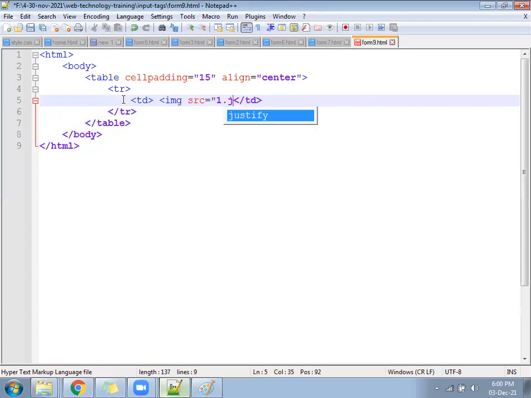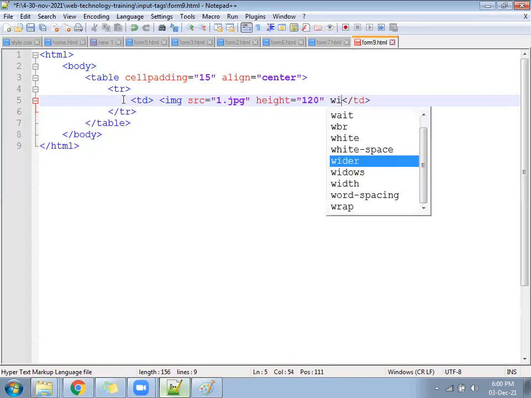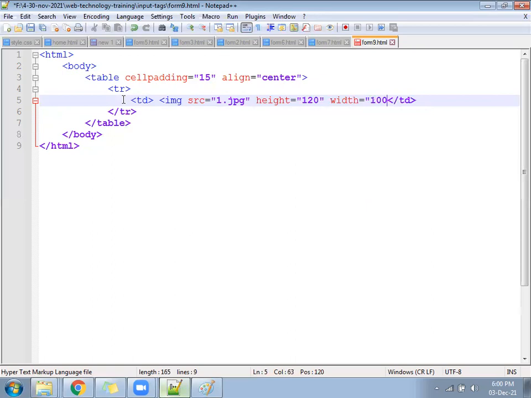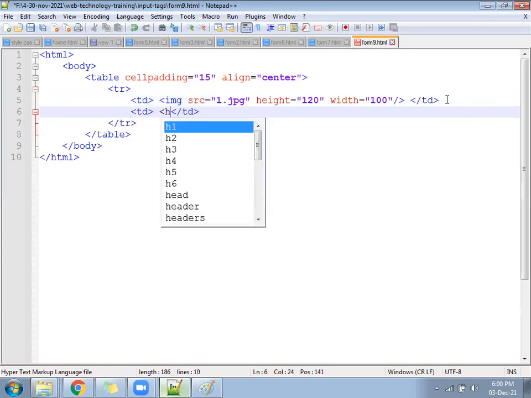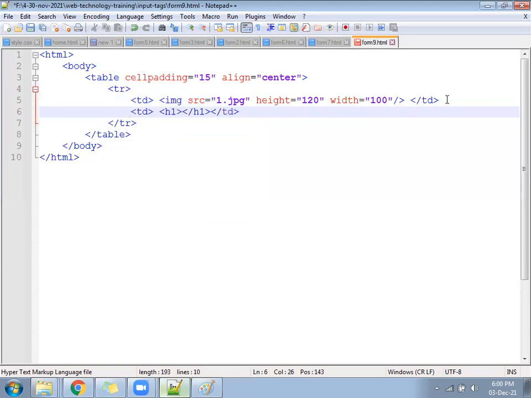That photo should be in your current folder, and height of the photo 120 and width of the photo suppose 100. You are supposed to do this easily. In the second TD, I have asked you to display your name. Suppose you open the H1, and under the H1 write your name. You can write some name. My name is SIYARAM YADAV. Okay, so I wrote it here.